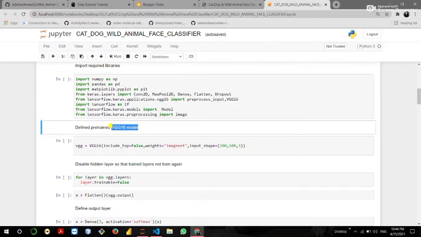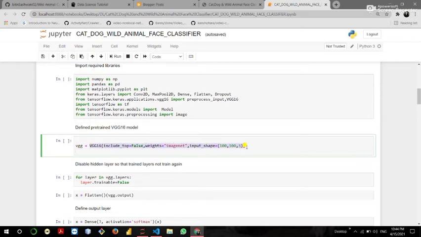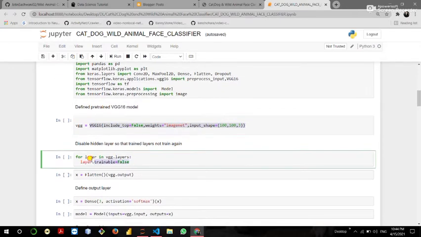It is a pre-trained and well optimized model for implementing a CNN model. Here we create our VGG16 model. Then I freeze all the layers which are already trained, so I don't want to train them again and again.